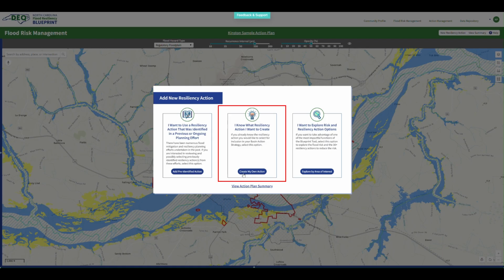The next type of resiliency action is the I know what resiliency action that I want to create. This is an action that isn't pre-identified, but you know what action you want to implement or have a general idea of what action you wish to implement. If you have an action you want to implement, but you don't know where to implement it, you can explore